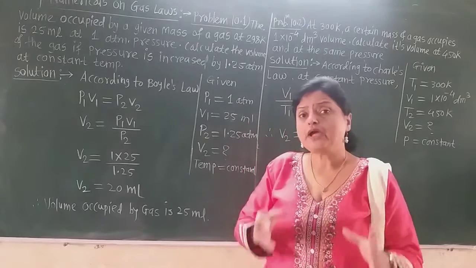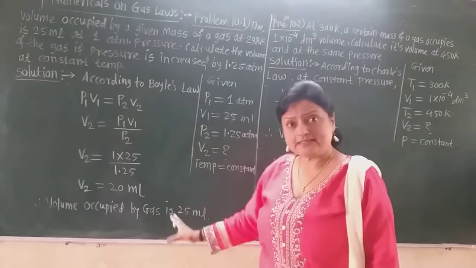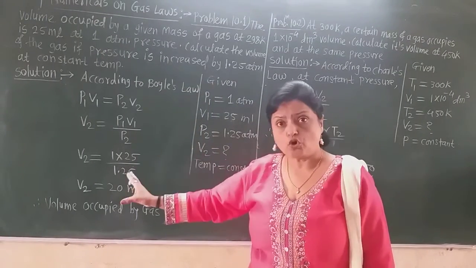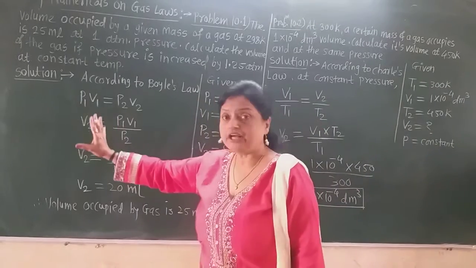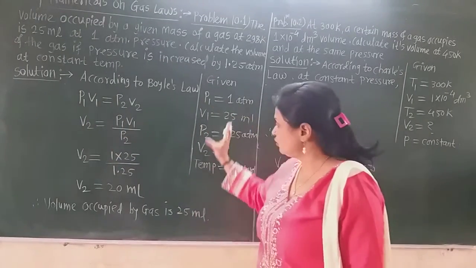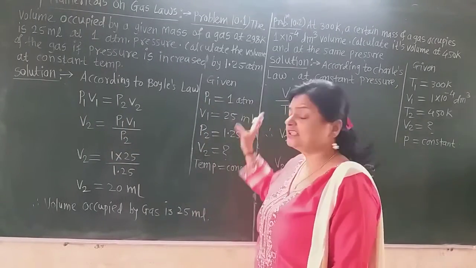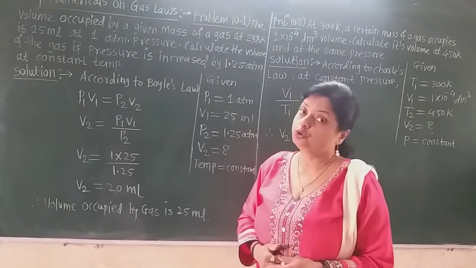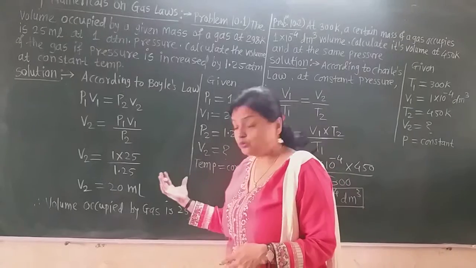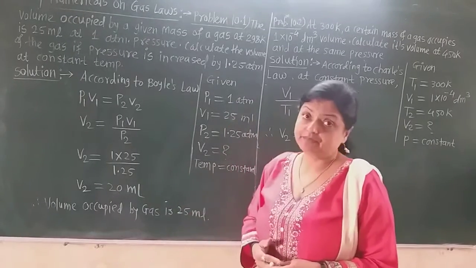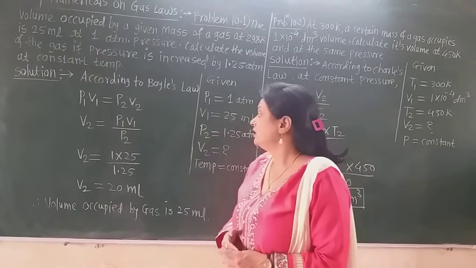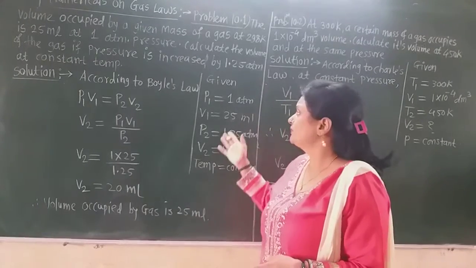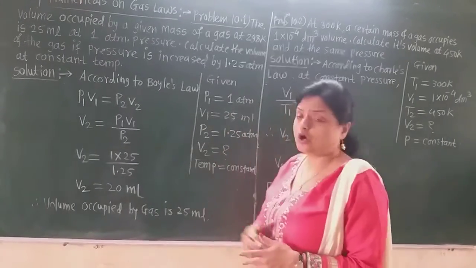You make three columns. I make only two columns here. One column, the larger one, is for the solution, the second column is for the given, and the third column is for logs and antilogs. You must do this calculation from the log table if it is complicated. But if it is simple, there is no requirement of a log table, so I make only two columns here.